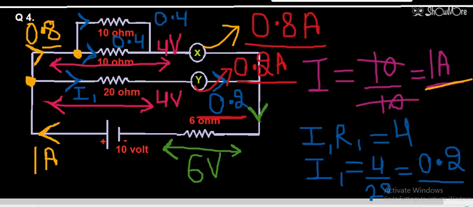Students, let's suppose another device here. I am just assuming it for your clarification. If there is another device here and its name is Z, then it will also be an ammeter because it is connected in series, and that Z will measure obviously the total current which is going back, that was 1 ampere. So if there is Z, then it will give the reading of 1 ampere. So this is all about the fourth question.